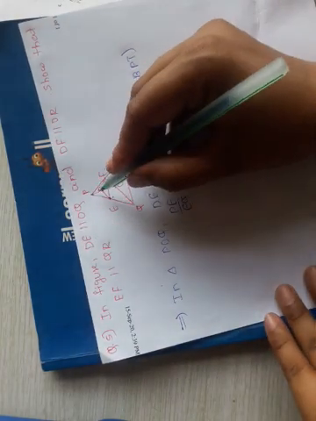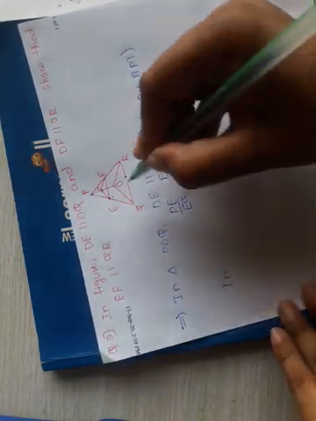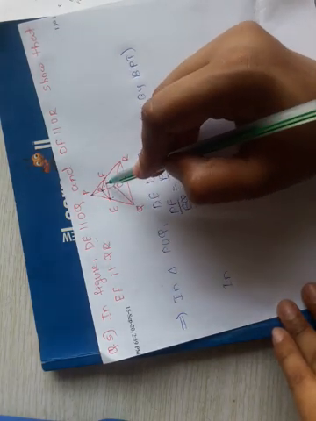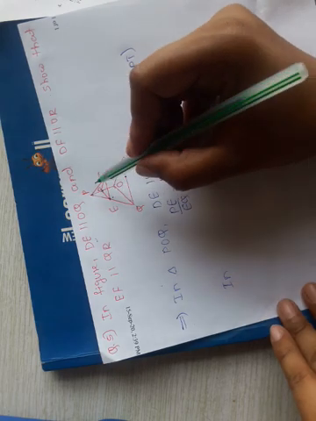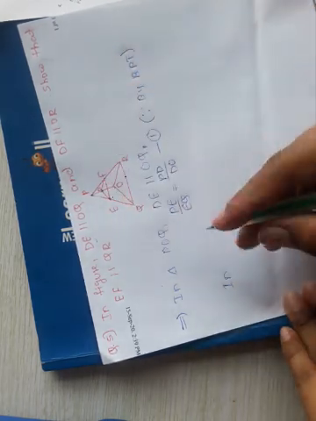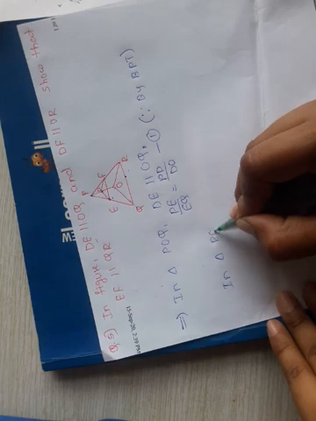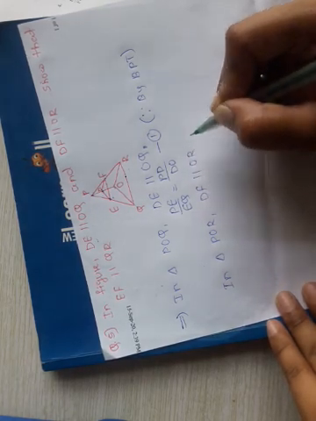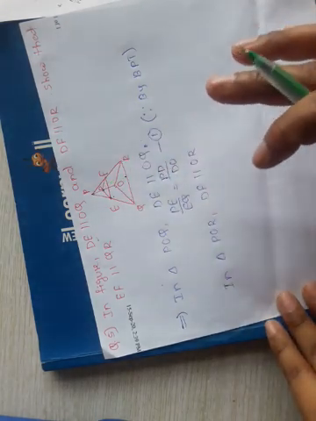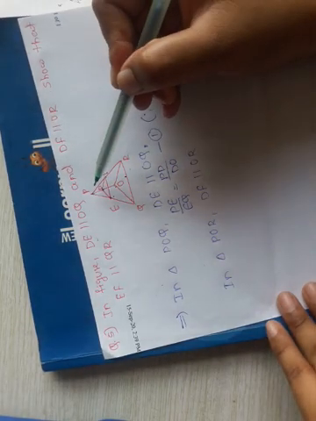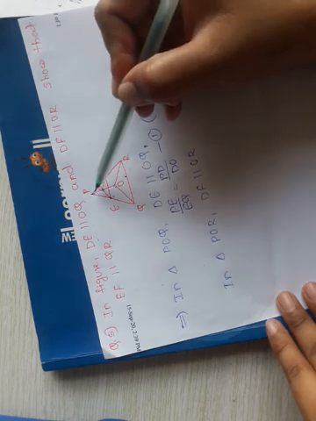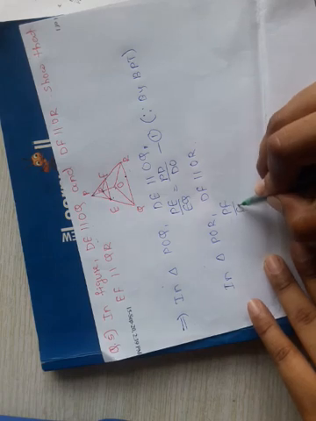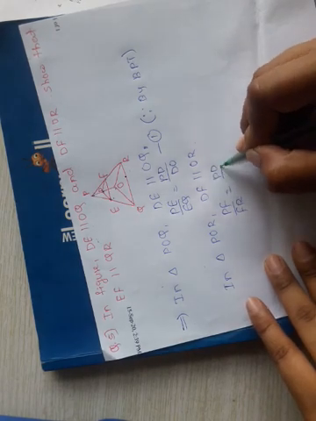Now in another triangle POR, because the lines which are given to us are contained only in this POR triangle and POQ triangle. In triangle POR, again DF parallel to OR is given to us. If DF is parallel to OR, then the ratios must be equal. Which ratios? PF upon FR is equal to PD upon DO. So write down PF upon FR is equal to PD upon DO.